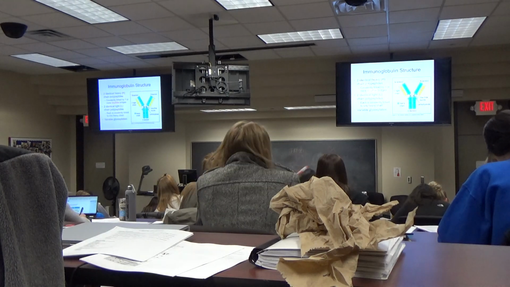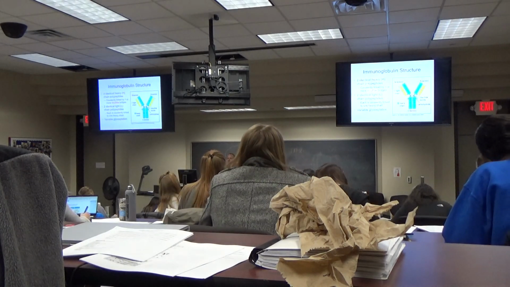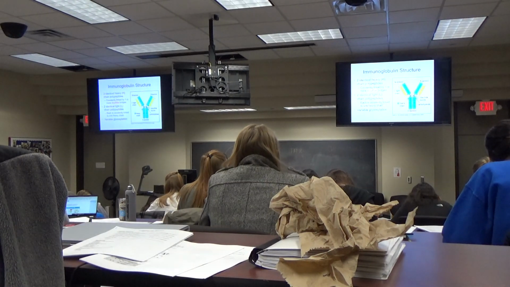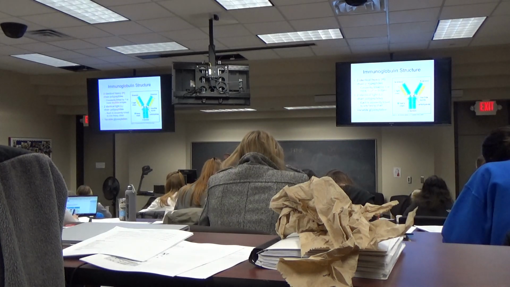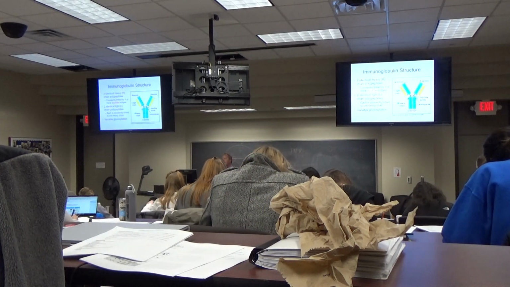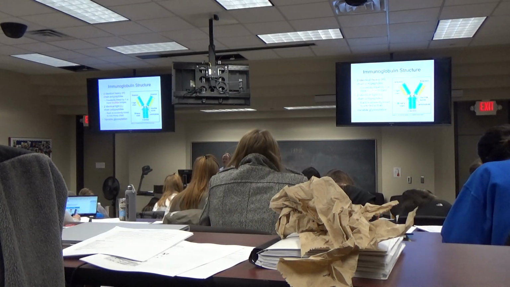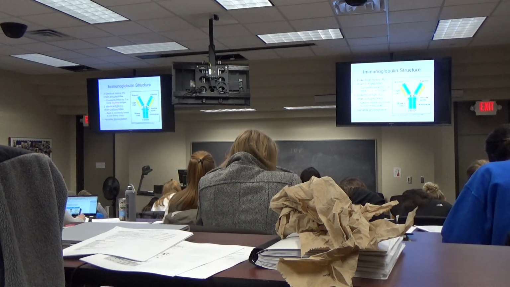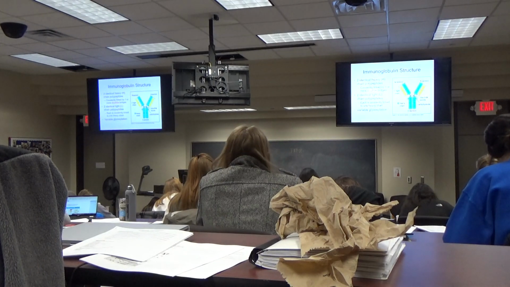Here's the structure, and we talked about this already. There are four chains here: two identical heavy chains, the green, and two identical light chains in the yellow. There are disulfide bridges that hold these chains together. And we're going to look at different types of these molecules. They're called isotypes because they're a little bit different in the bottom part of the molecule, from this top part